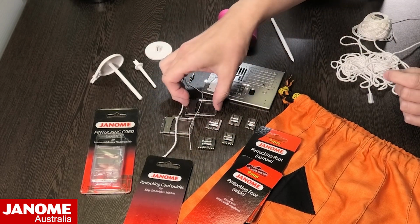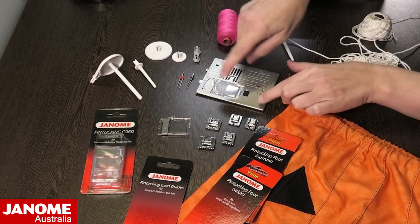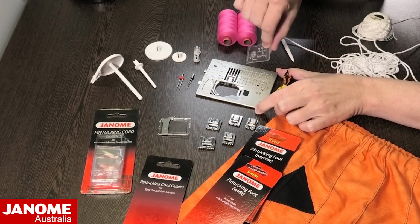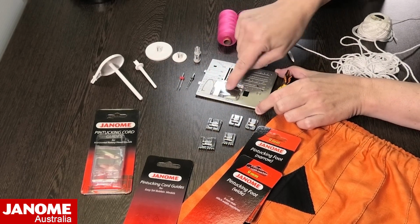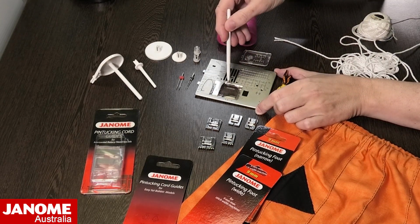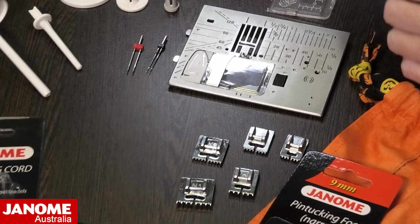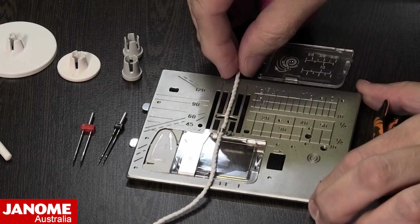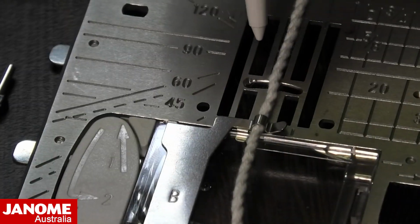So I'm just going to take this one out of the way because I'm going to get that ready to go on my machine. And what you do is you take the little door off the front of your machine. So I'm just going to click my little door off my needle plate, and then this little guide clips in the same way it would be if you were replacing that little door. Then you'll notice that the guide on the needle plate has got the cord that will run exactly up through the center. And if we take this little cord back in and clip it in, you'll see there that my cord will then run right up the center of my needle plate